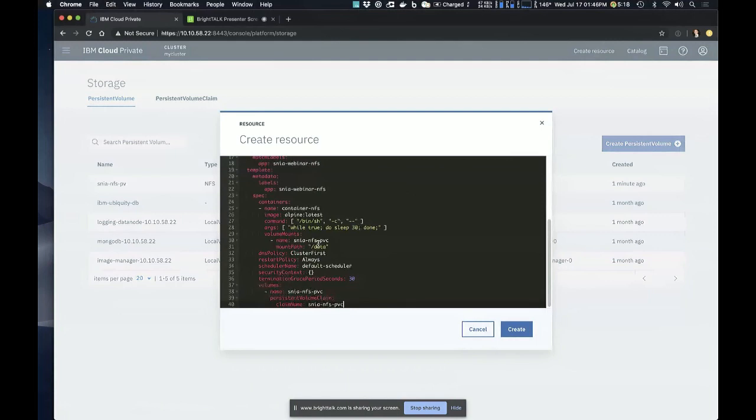So I'm telling this resource that it's going to use this persistent volume claim, but then within my container, I have to tell the container where it's going to mount that data. This name here is what is being used to relate each other. I'm telling this deployment that it's going to use this volume, and in here I'm telling this container this is the volume you're going to use and this is where you're going to mount it.